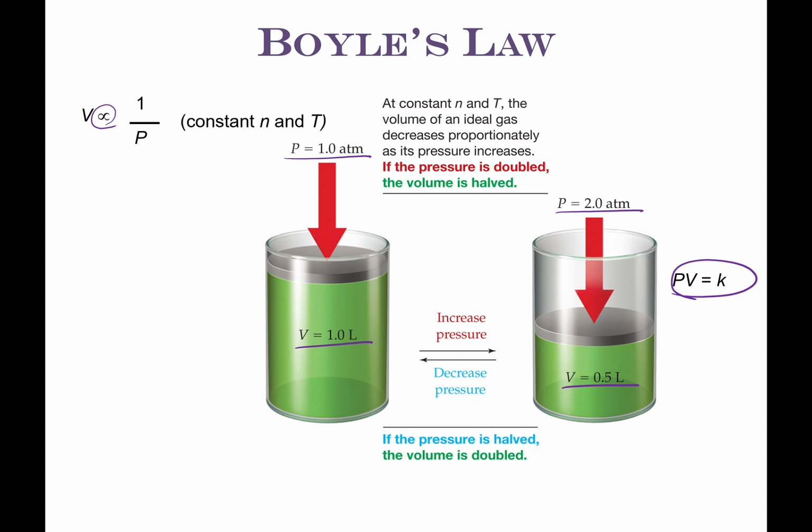One thing to keep in mind, and honestly, it's embarrassing how long it took me to realize this: when you know these relationships are equal to a constant, you can make up values and see what happens. A lot of times, multiple choice questions or questions on standardized tests like to ask you, if I double the volume, what happens to the pressure? Just make up numbers and figure out what happens, and then you'll be able to figure it out mathematically. So if the volume is doubled, the pressure is going to be cut in half.